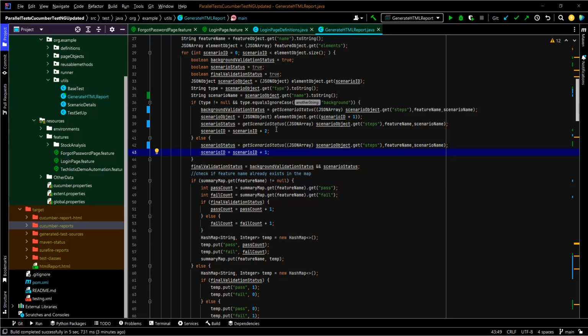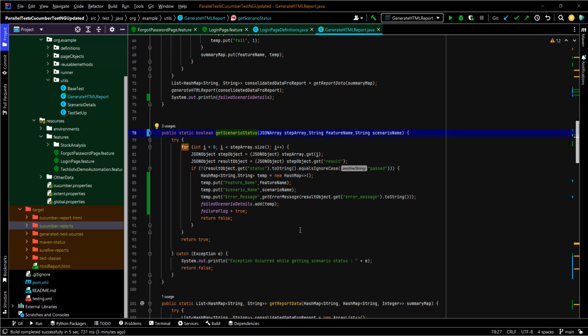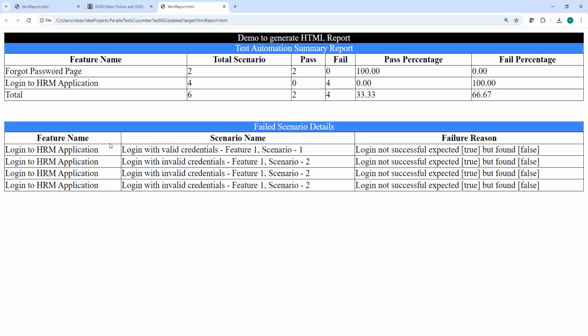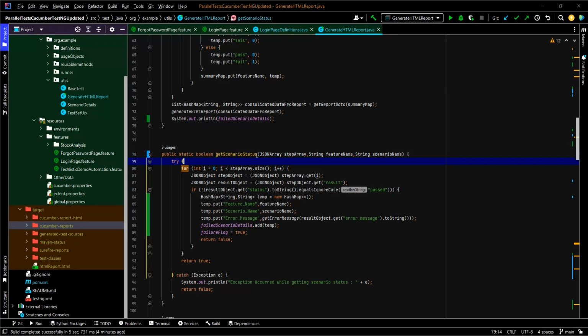Here in this method I have added a few things. What do I need to capture? Whenever a step has failed, I have to capture 3 things to display here. What are those 3 things? One is feature name, second is scenario name, and third is failure reason. These are the 3 things. To do that,